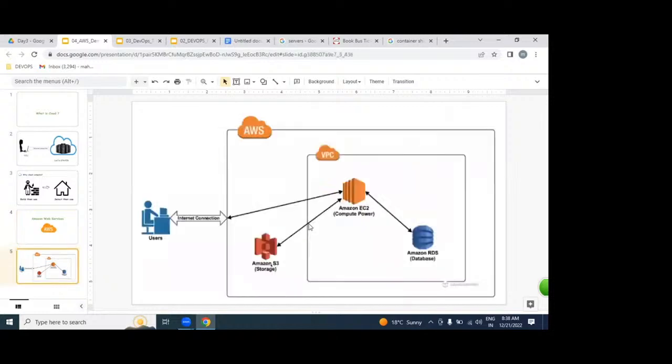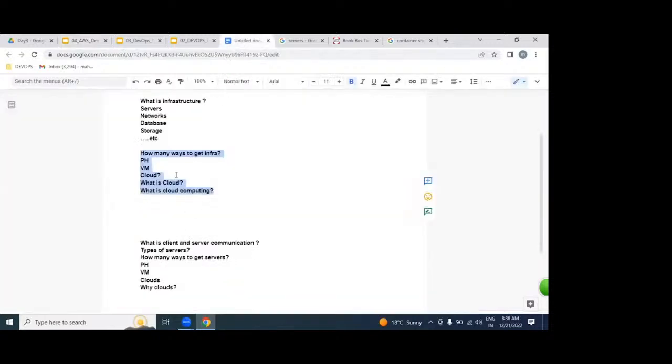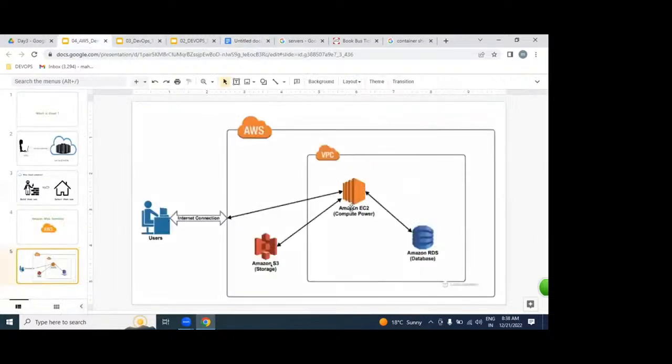In Amazon Web Services, which services are we going to learn? VPC, EC2, RDS. So VPC is nothing but what? Anybody? VPC is nothing but what? In simple form, network. So EC2 is nothing but what?